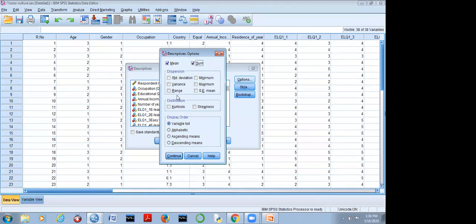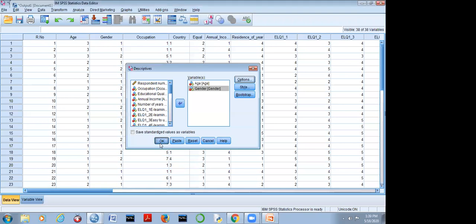ऑब्जर्वेशन डिवाइडेड बाय नंबर ऑफ ऑब्जर्वेशन, यही करते हो ना आप मीन निकालते टाइम, समेशन ऑफ ऑब्जर्वेशन डिवाइडेड बाय नंबर ऑफ ऑब्जर्वेशन। तो कंटिन्यू कर रही हूं मैं और ओके कर रही हूं।